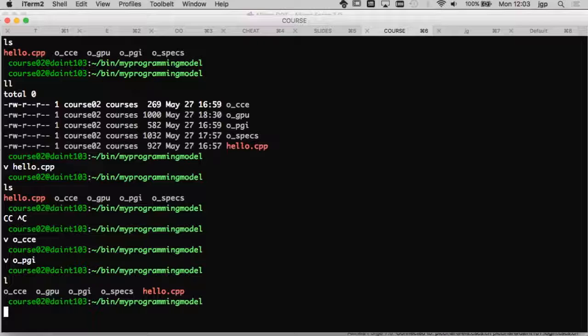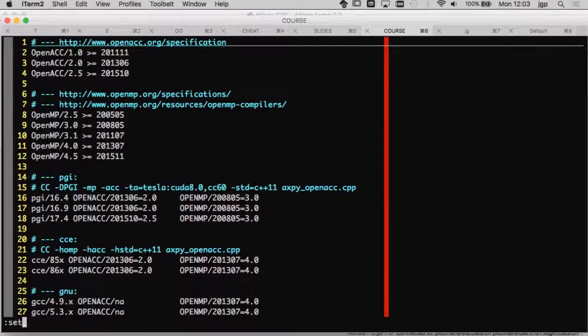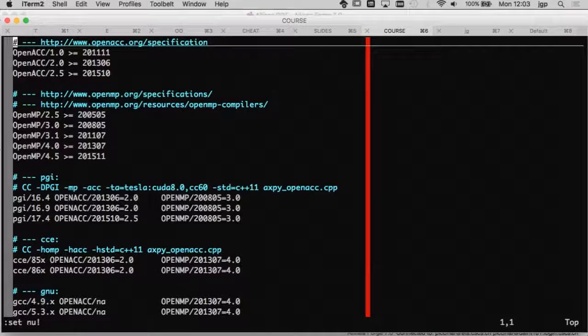So I have a summary actually here. If you go to the OpenACC website, you will find all the specs, and you will see that the latest version is OpenACC 2.5, and it was released almost 2 years ago, 2015.